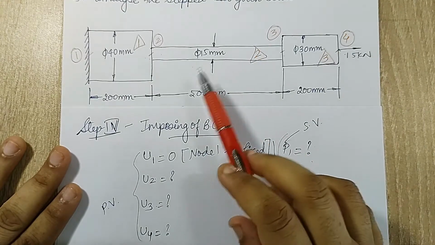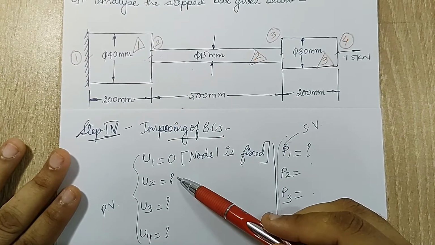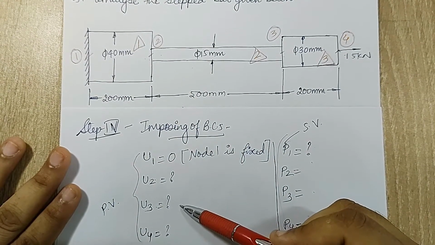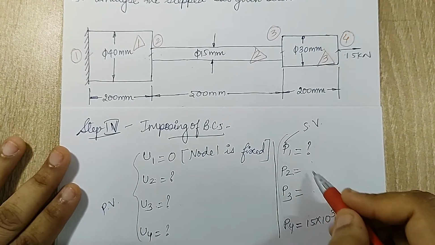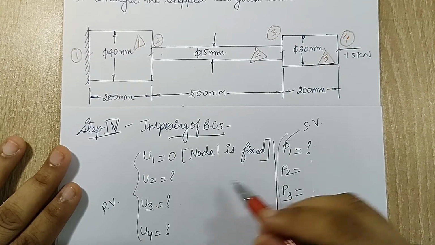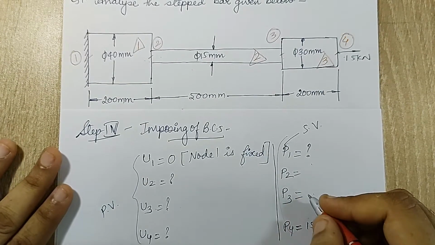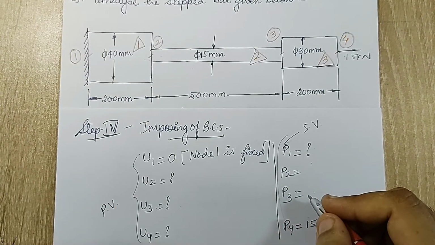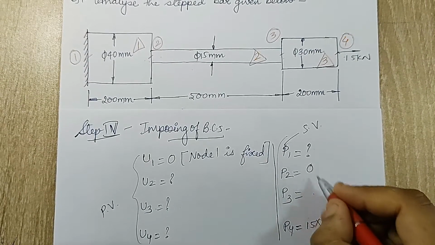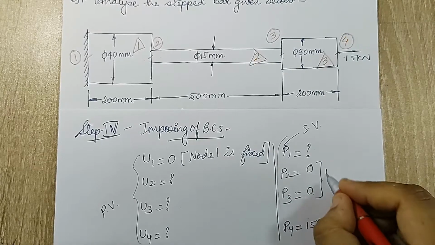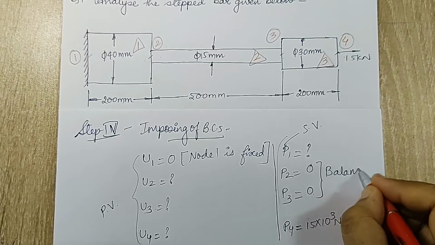Now, if you observe carefully, P2 and P3 are at the U2 and U3 nodes where there are displacements, which means in strength of materials you need to calculate some reaction forces such that these displacements are resisted. That is the principle of inertia. But in FEA what we do is we simply write these as 0. This is called balancing of secondary variables.